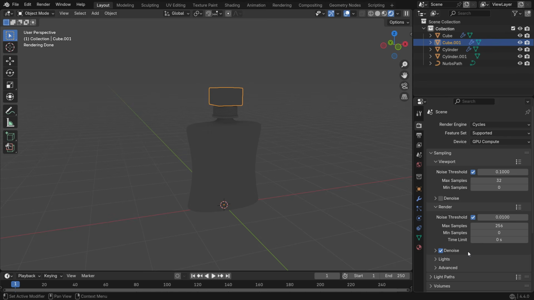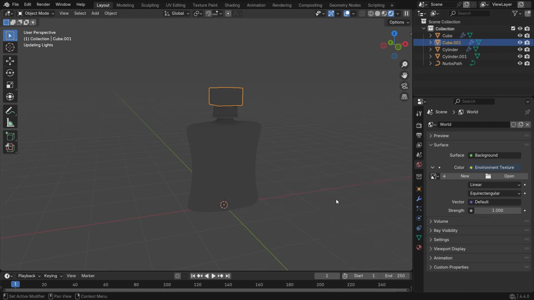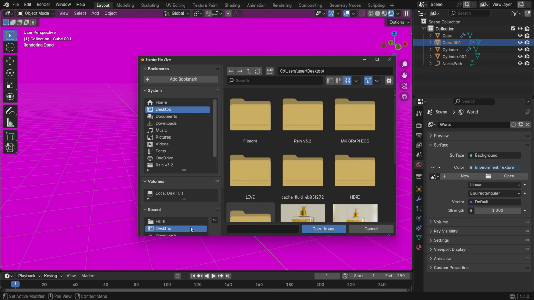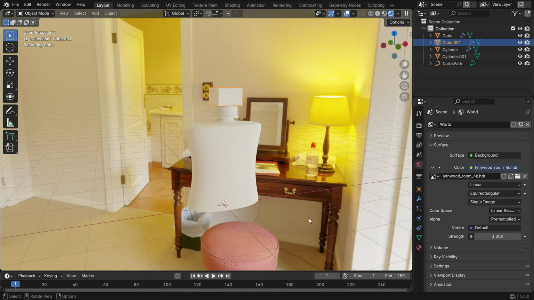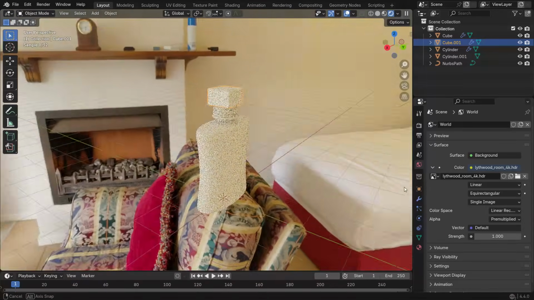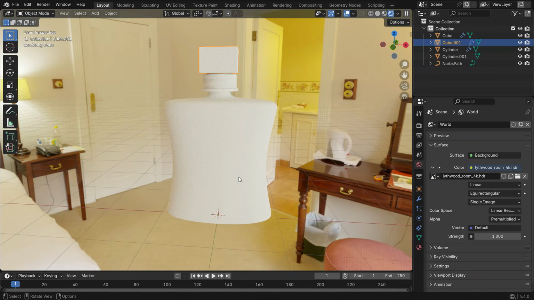For lighting, we'll use an environment texture. Go to the World Properties tab, click the color input, and choose Environment Texture. Then click Open and load an HDRI image. HDRI images provide realistic lighting and reflections in 3D scenes, as they contain both extremely bright and dark light information